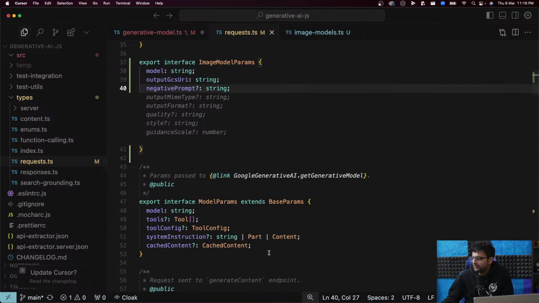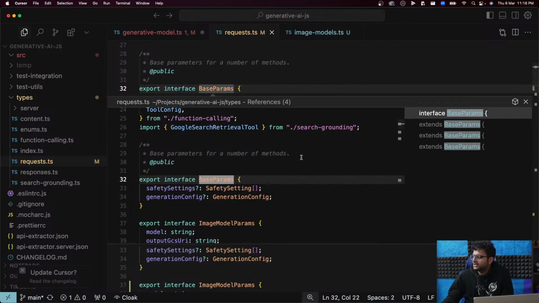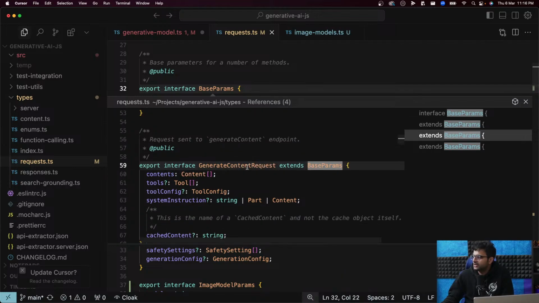And if you remember, if you saw a while back, the base parameters were used by not just the config, the model params. It was also used by generate content requests. So you can always override them basically.